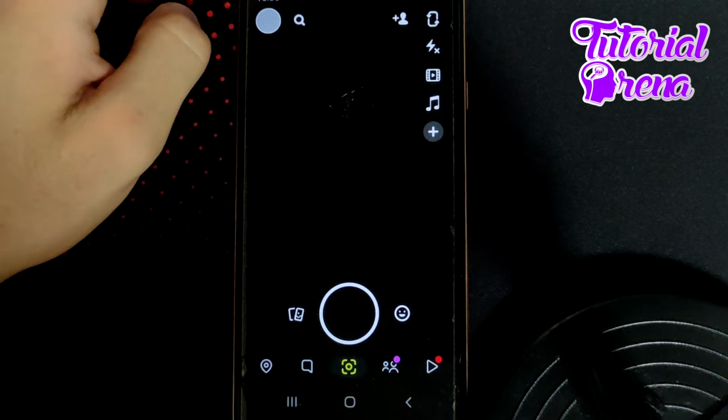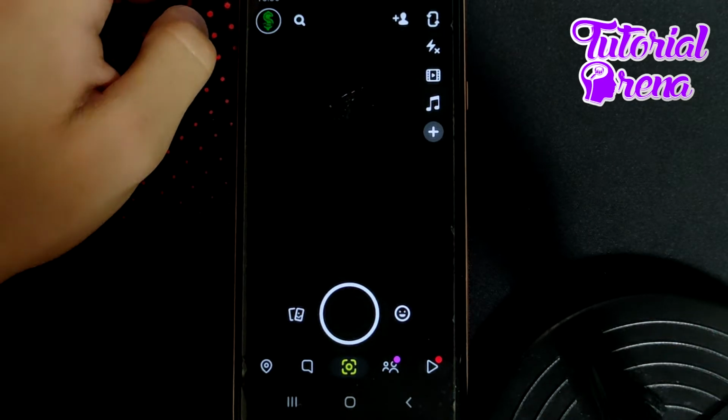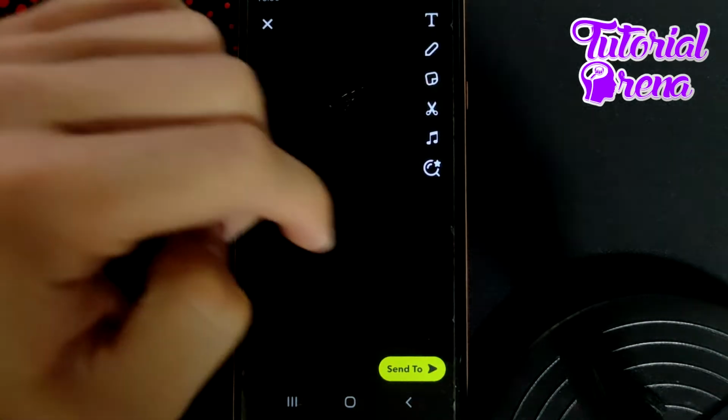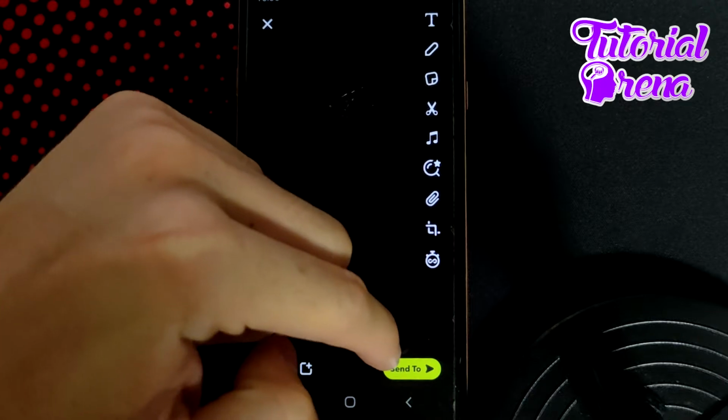In this video I will show you how to view your own private story on Snapchat. Firstly, if you take a photo right now, for example, and then if you go on your send selection site,